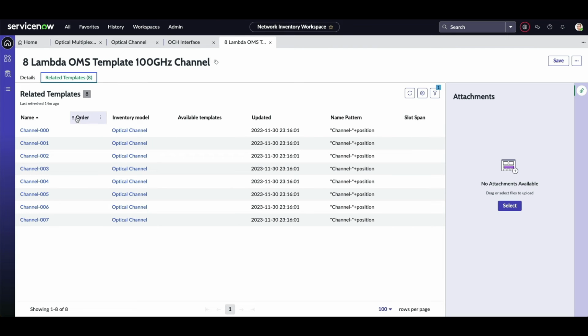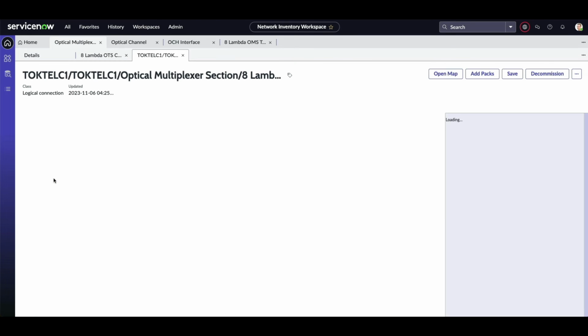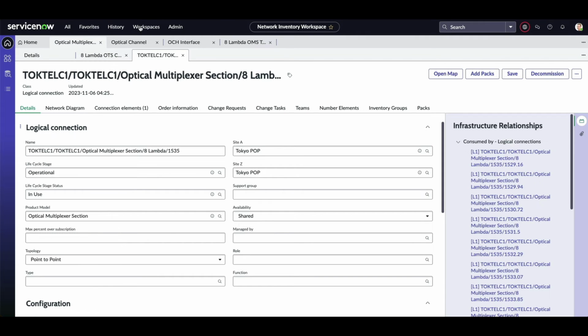And I can see that the related templates associated with this are 8, it goes from 0 to 7, and each of these represents a channel on this circuit. So let's take a look at one of these logical connections that were created using these models and template. So I can see I've got my logical connection, and more importantly, I can see that if I look at my infrastructure relationships here, I've got